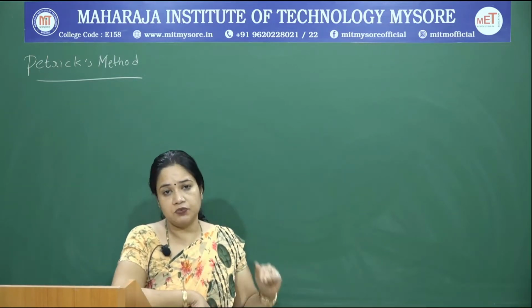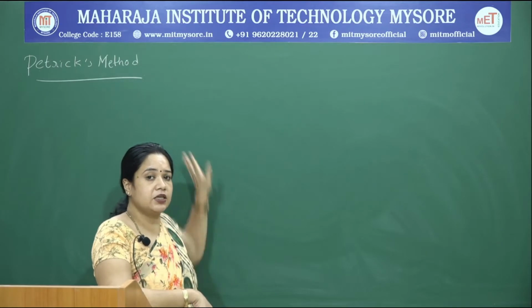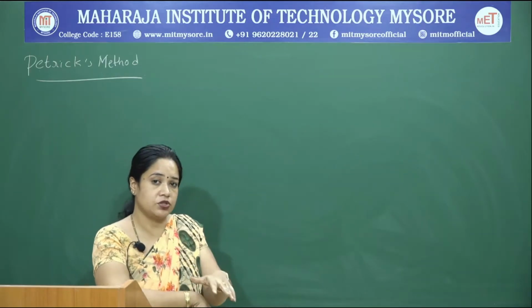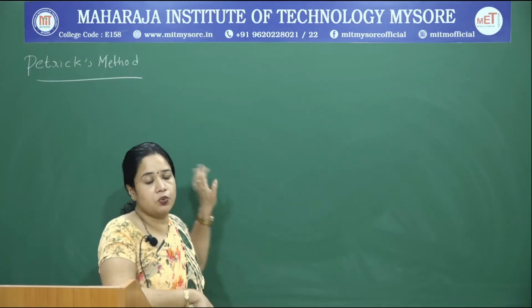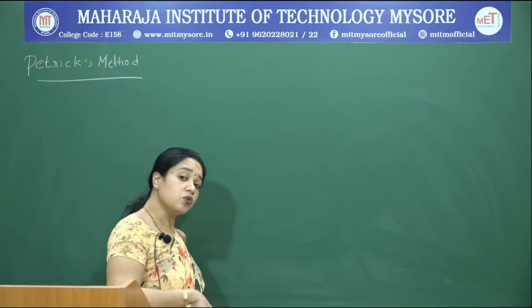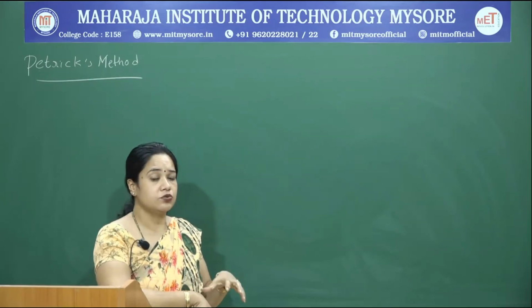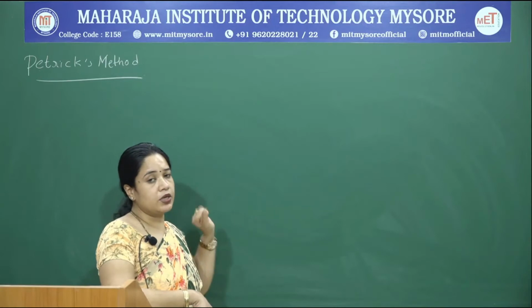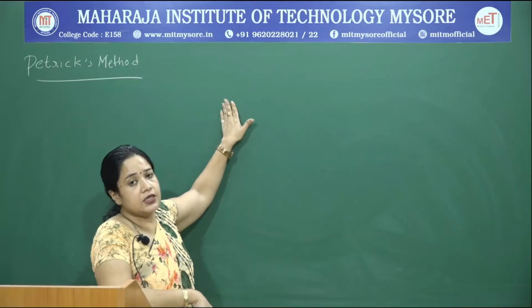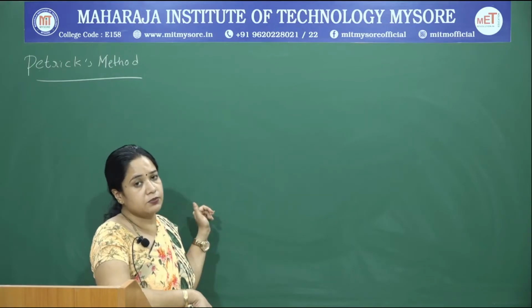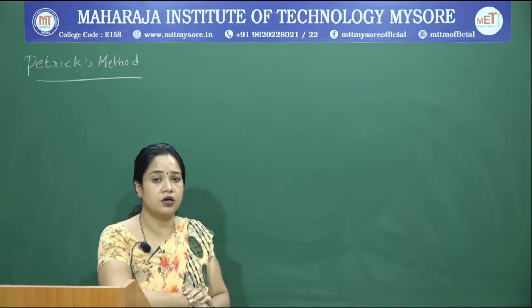In today's class, I will take up an example and see how Quine-McCluskey can be extended using Petrick's method to arrive at all possible solutions. Once you have all possible solutions, we will try to identify optimal solutions. Applying Petrick's method gives you all possible solutions, and our intention is to arrive at the minimal solutions. So, we will take up only the minimal solutions once we get all possible solutions. I will directly take the example and illustrate how Petrick's method can be used to simplify a given Boolean expression and arrive at all possible solutions.